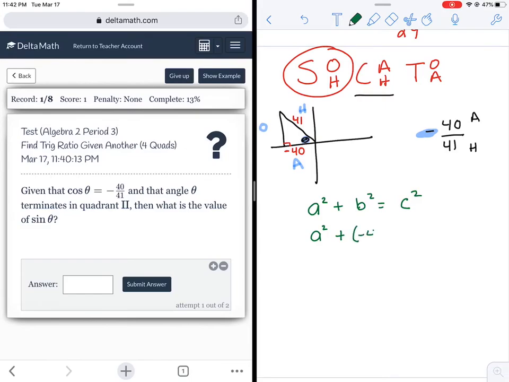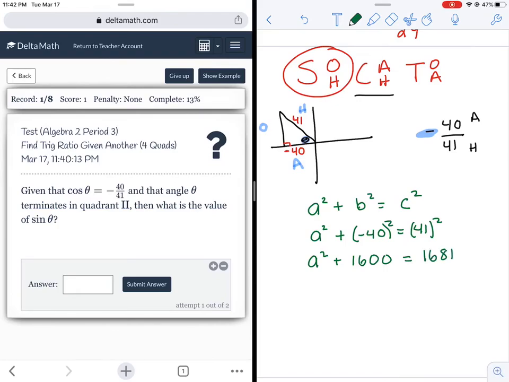Plus, I'm going to do negative 40 equals 41. Both of these are squared. So a squared plus, again, if you are typing this into your calculator, please make sure it's in parentheses, just like I have it on your screen here. You are doing negative 40 and then squaring it. And we get 1600 equals 41 squared, which is going to be